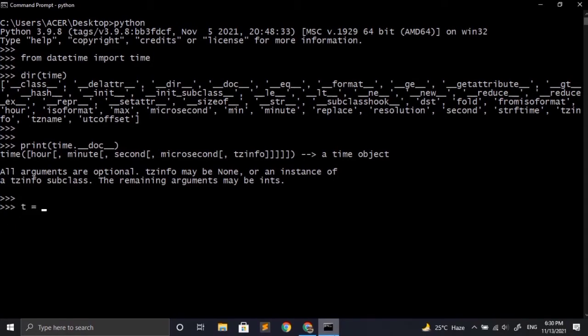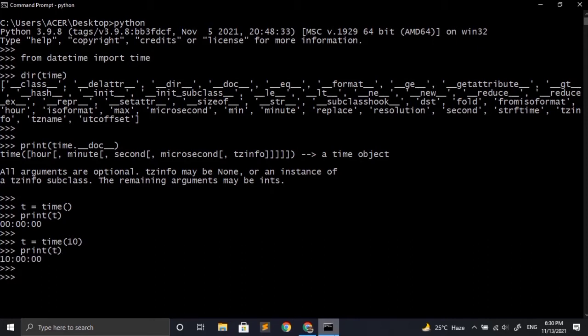Here I am making a time object, and for that we have to write time and provide the parentheses. We can also provide the arguments, but they are optional, so I am not providing them, and if I print it, it says that the time is 0. Here I am making one more time object, and this time I am providing only one argument, which is at the place of hour, and if I print it, then it will show the hour as 10.